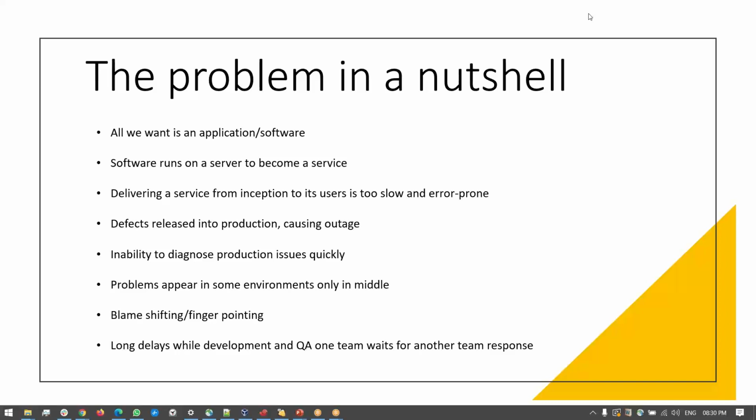Is it clear? To some extent it is. Okay, they are able to mitigate it, but not fully. To some extent they were able to mitigate it with the agile model. So again we have the drawbacks. Whatever drawbacks we have with the waterfall model were carried forward to the agile model also, but to some extent they were able to mitigate it. So that's the basic fundamental behind the agile model.